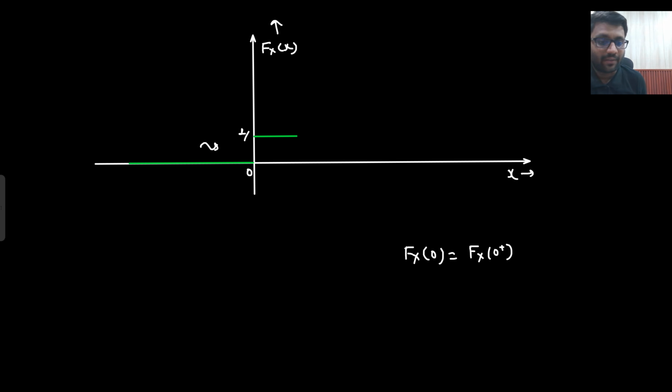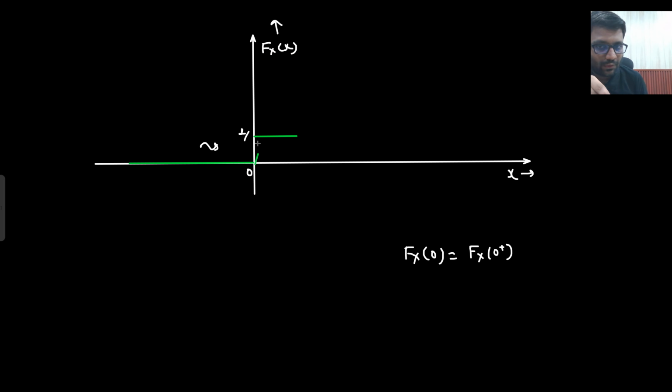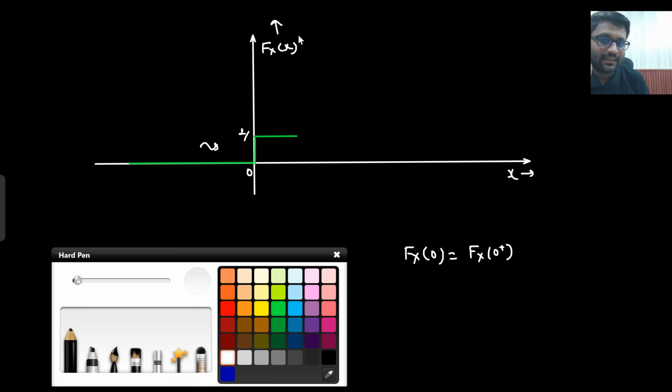But actually it is defined, because here we saw that F_X of 0 is actually coming out to be 1 by 8. It is not undefined. So although we will make the graph like this, and in the examination as well the graph will be made like this, since it is the graph of a CDF,